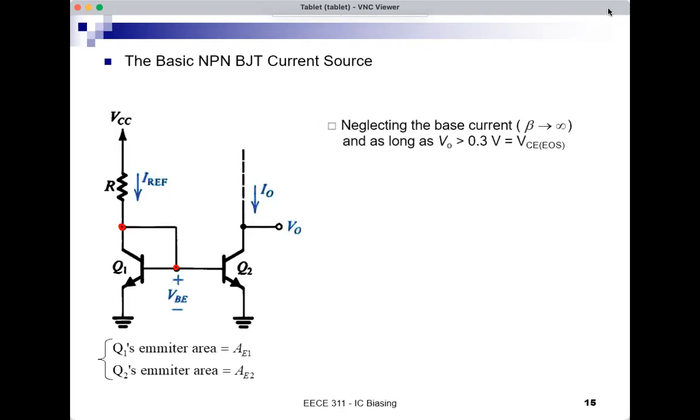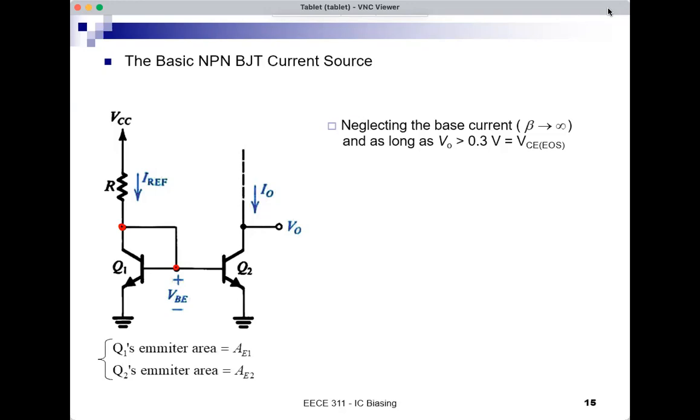We will start first with a simplifying assumption. We will neglect the base current. We'll assume that beta is very, very large. If beta goes to infinity, then if I'm in the active region, IB is IC over beta, and beta goes to infinity, this means that IB is 0. So we'll start with this assumption that there's negligible base current, and that the transistors are